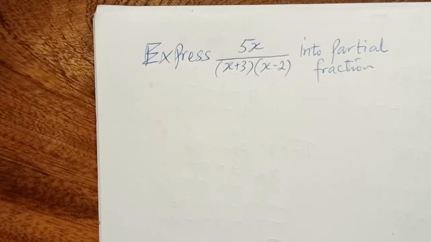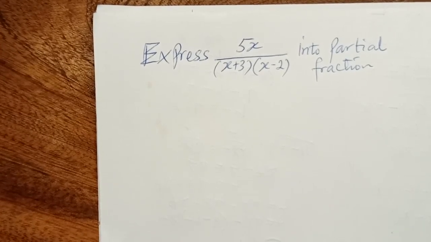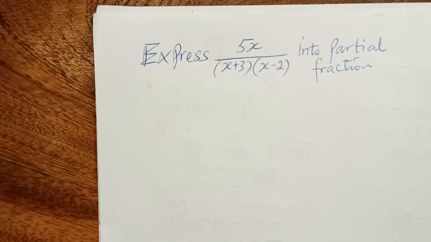Express 5x divided by (x + 3)(x − 2) into partial fractions. Looking at this, to express it, we need to first look at the power of x in the denominator and also the numerator to see if this is a proper fraction or improper. And if it is a proper fraction, then we are just going to go ahead to find the values of